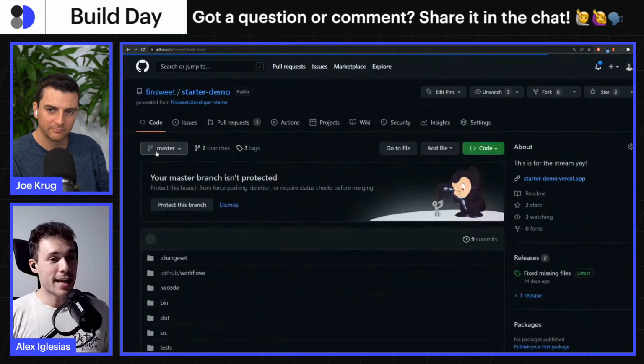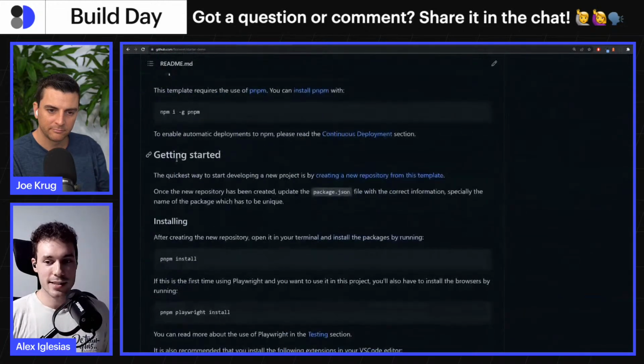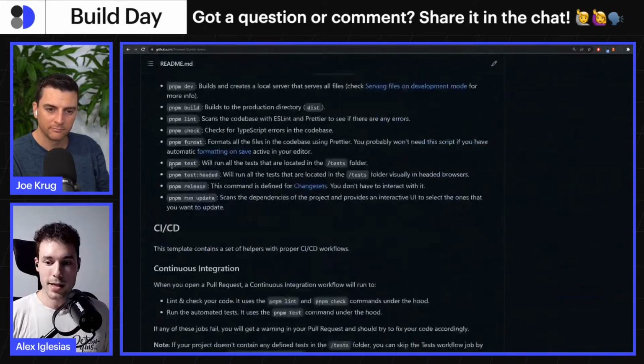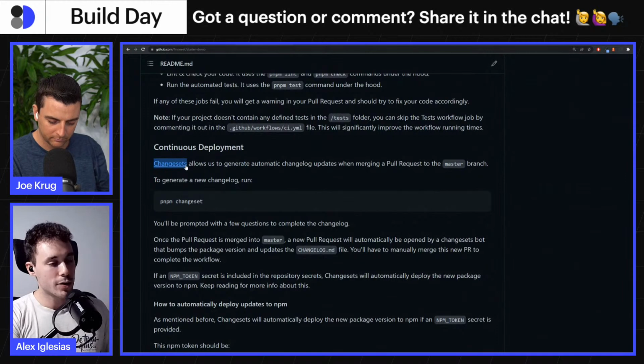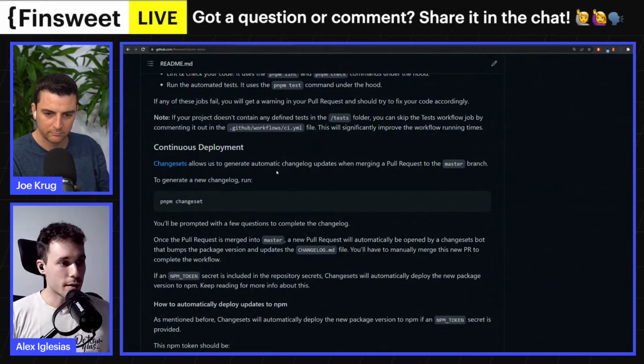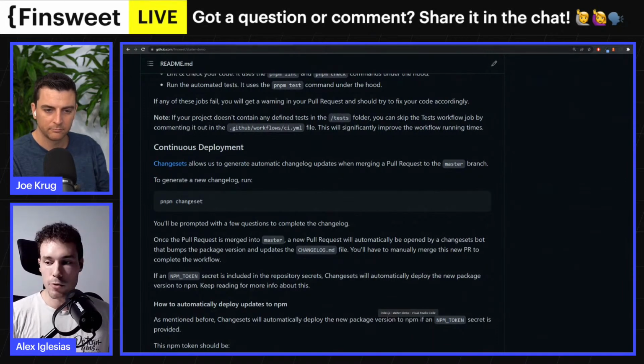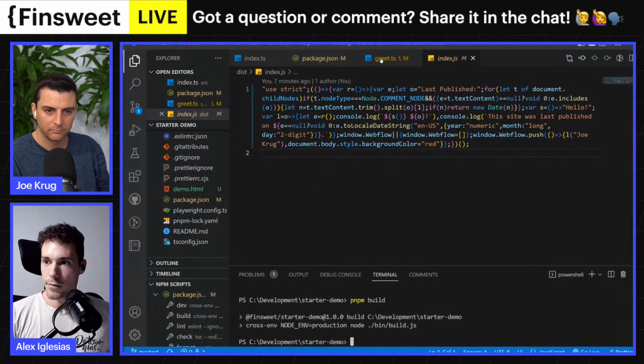And now this means that every single time that changesets, let's go back down here, every single time that changesets detects that there's a change, it will take the new code and will automatically ship it to npm. So let's do it. Let's show how this is working. Let's imagine, for example,